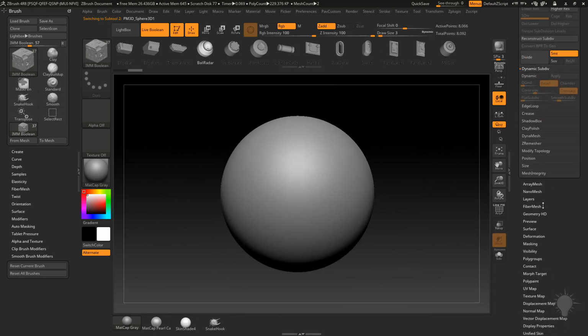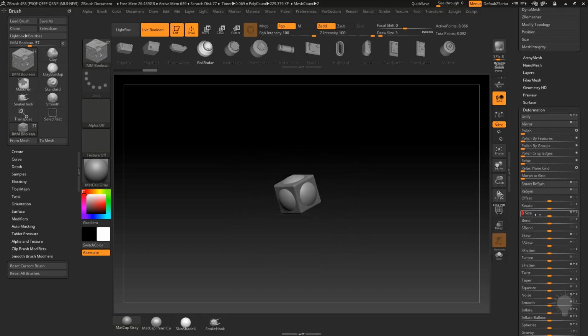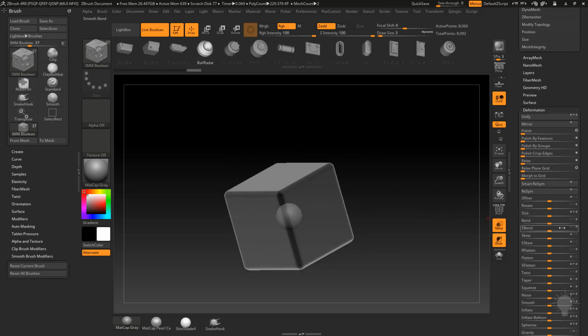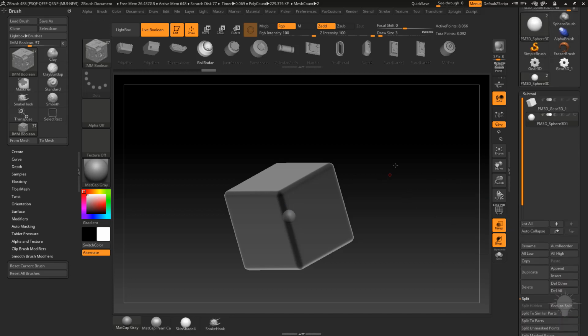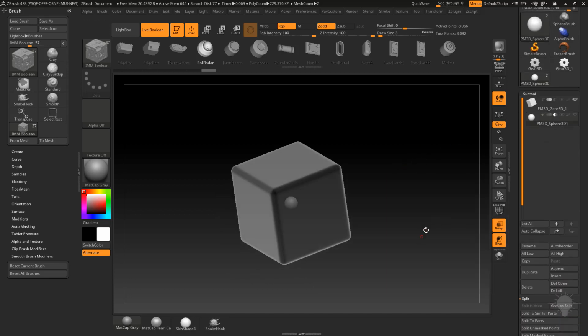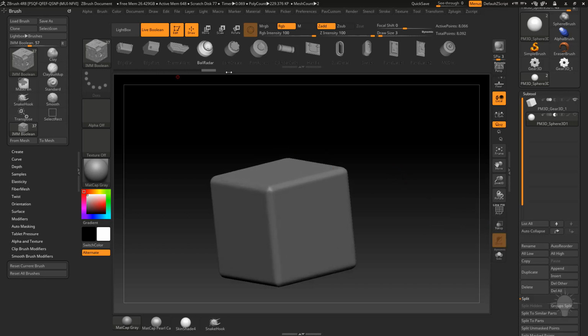I'm going to go to deformation, size, and crank that to -100 a lot of times. If you turn on transparency, I'm just going to put a tiny little sphere right in the middle of my object, out of the way, that I'm not going to see. Now, if I set this one to subtractive, what I can now do is, with my live Boolean on,